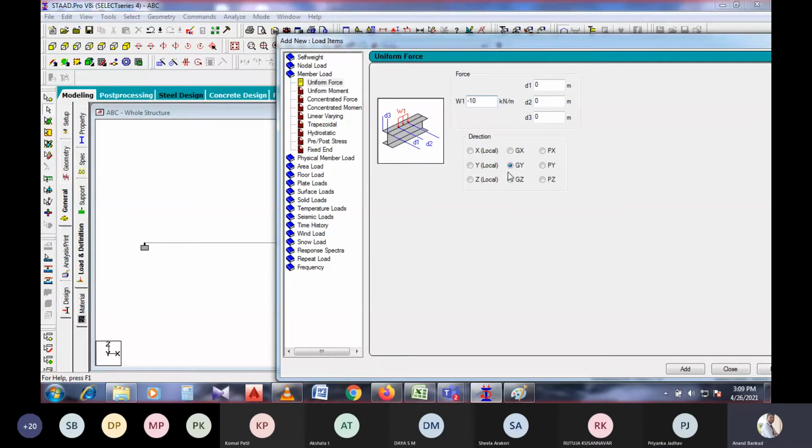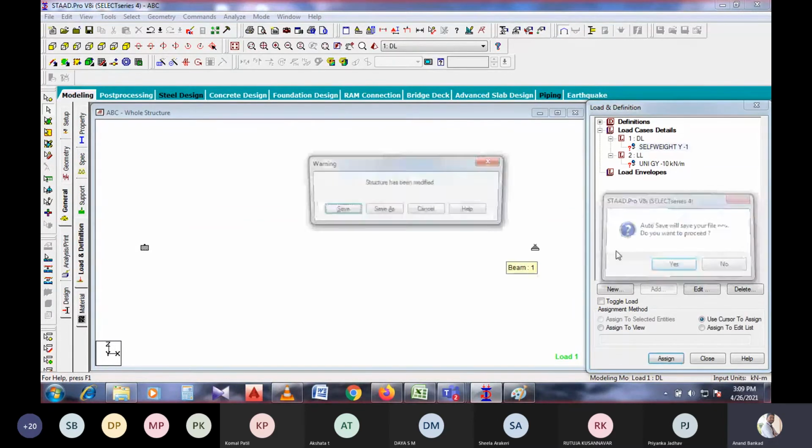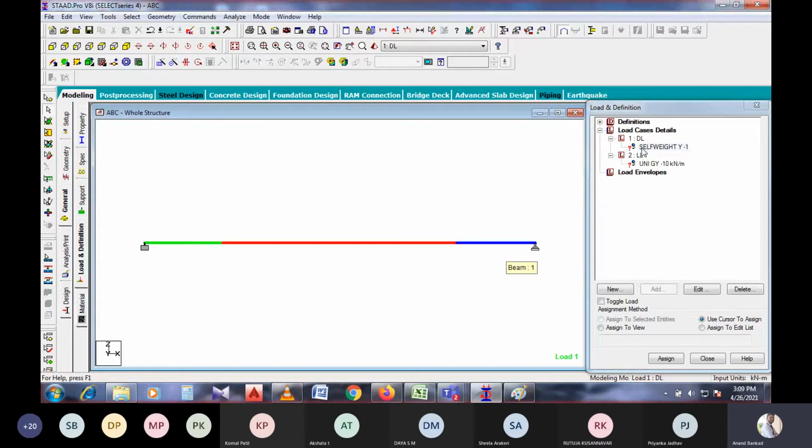Now I will consider only the global direction. Just click add and then close. So now we have created load cases and assigned the loads in them. But the load is selected, it is not assigned to the view. So for that reason, I am going to assign these loads.